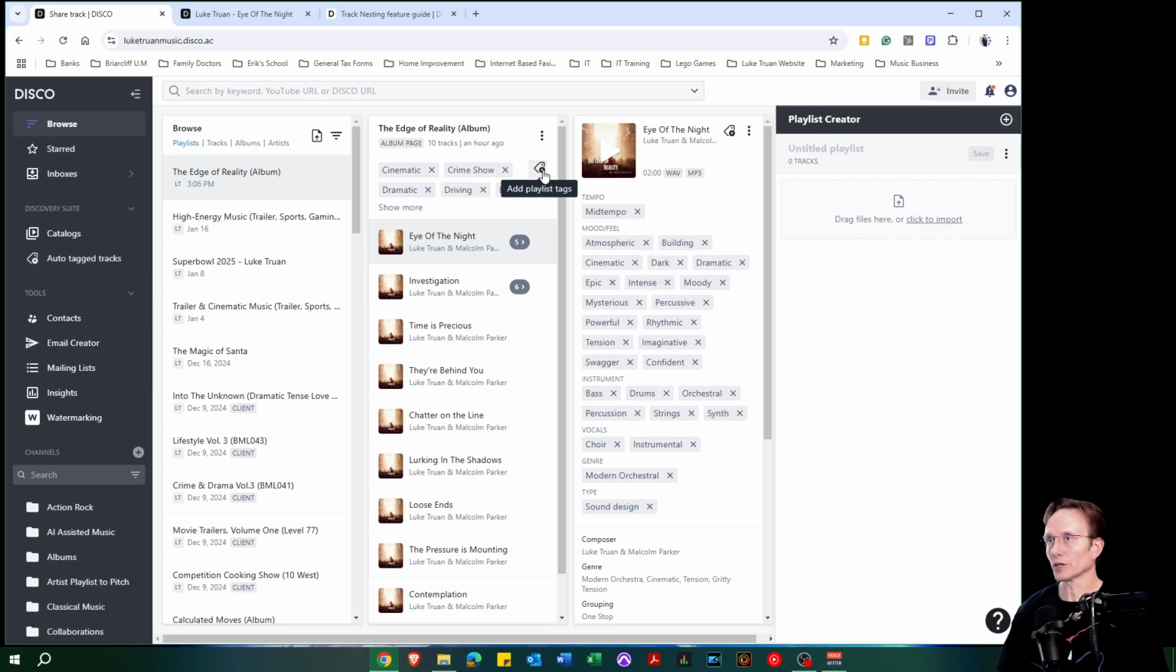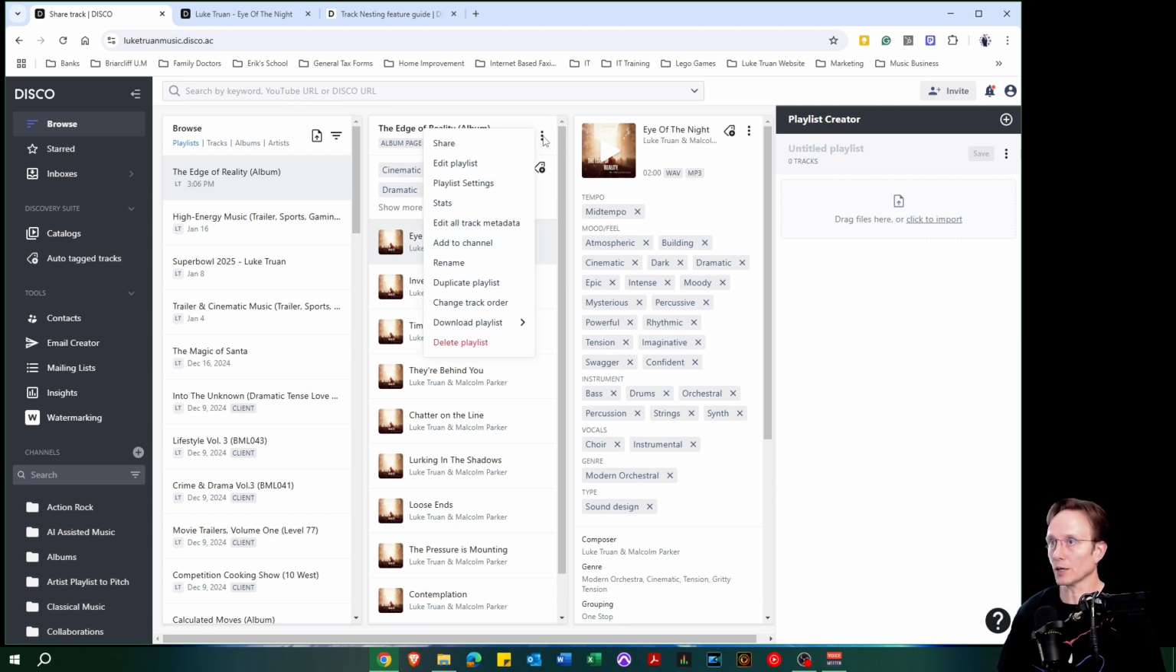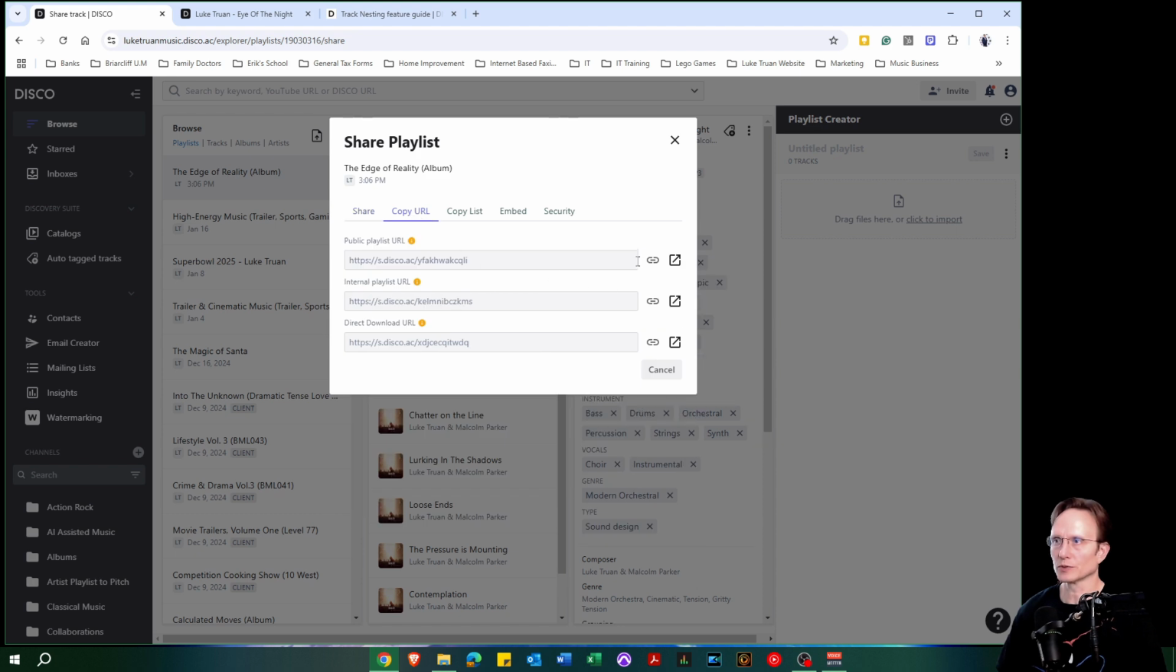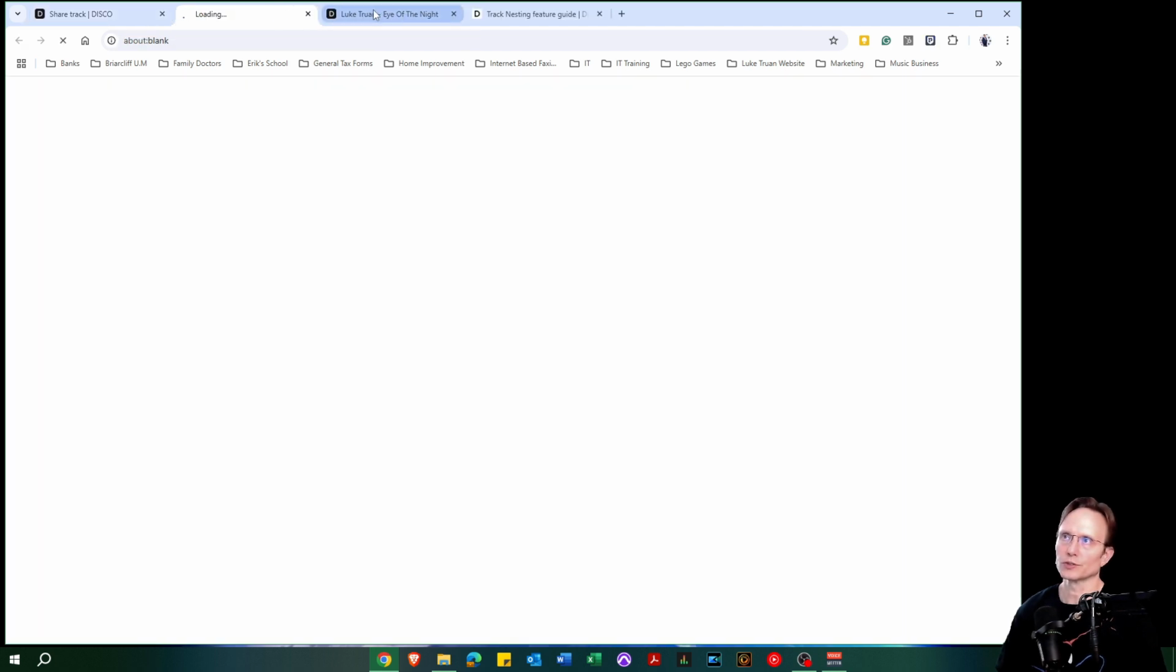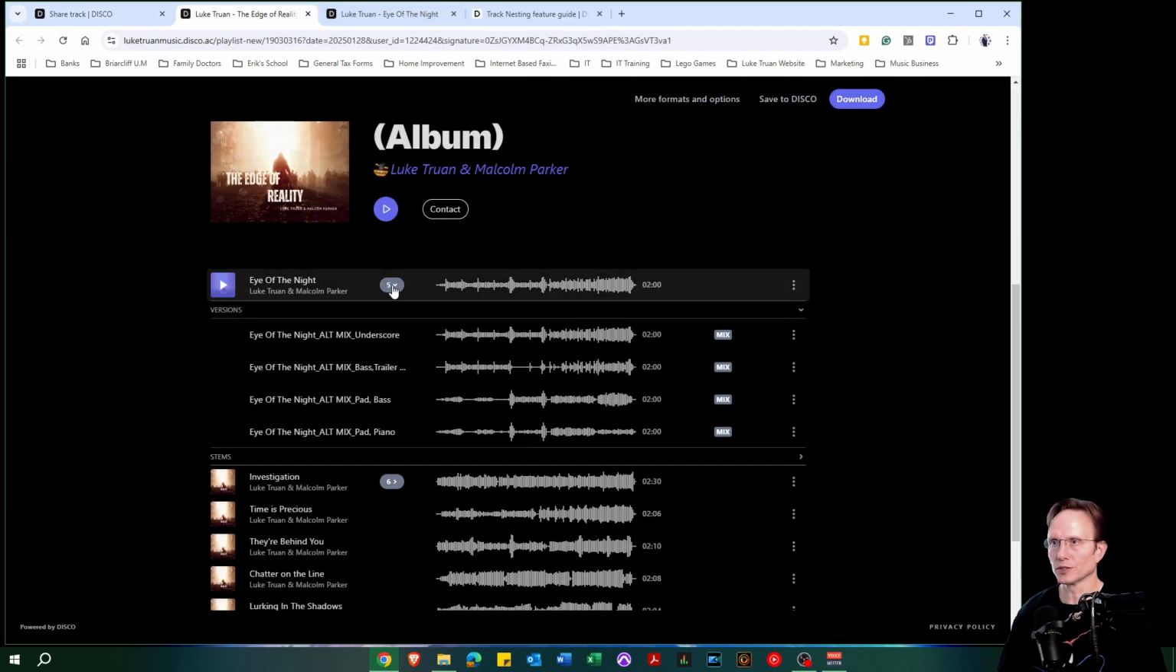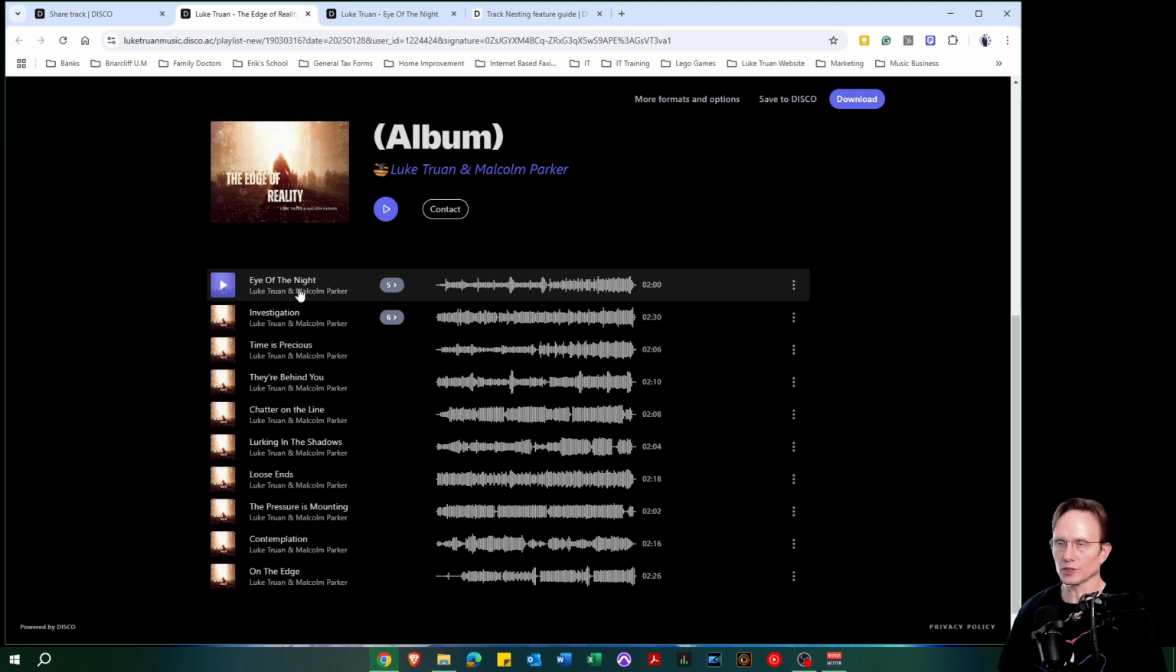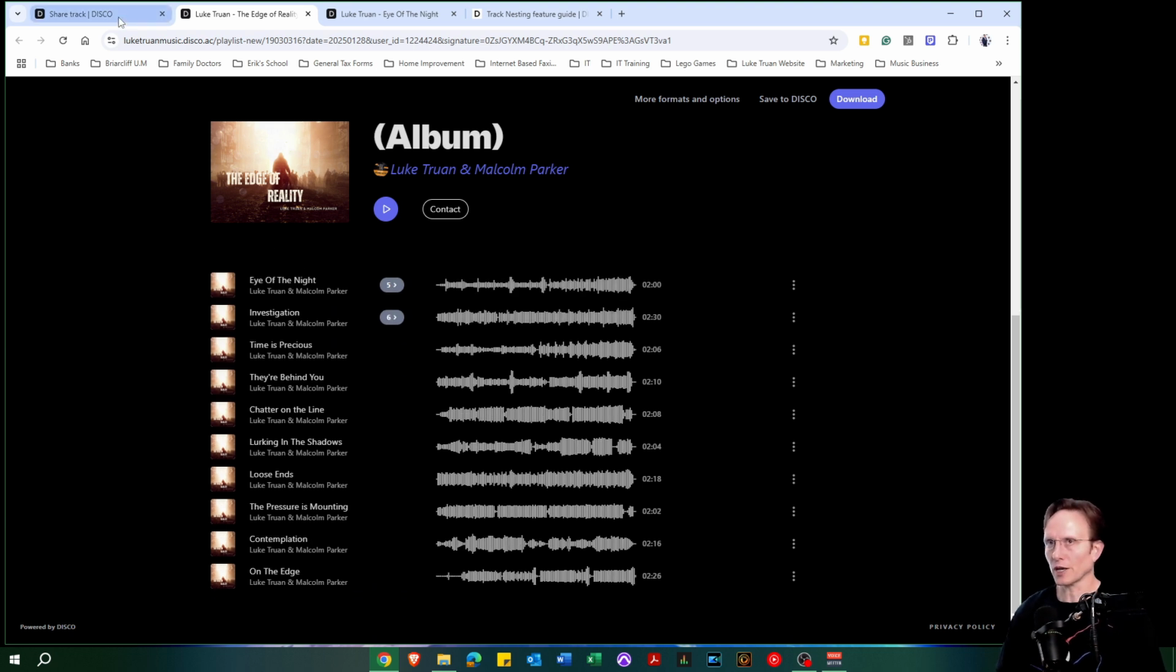One more thing we should talk about is to make sure that the stems show up on the album page. For example, we'll go over to the album, we'll open up the album page. You see how the stems are listed. The stems and the alt mixes are listed here underneath each track. Well, that doesn't happen